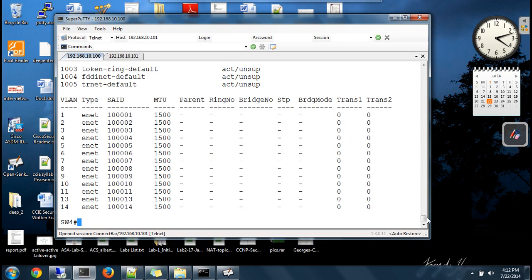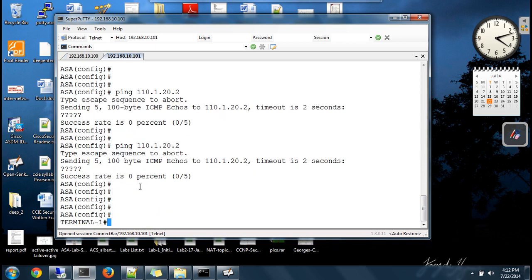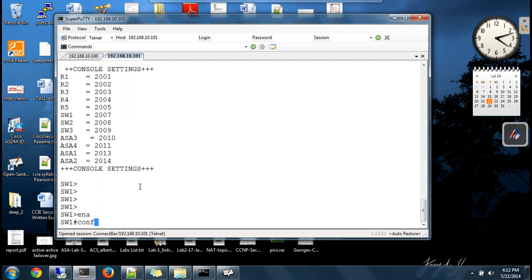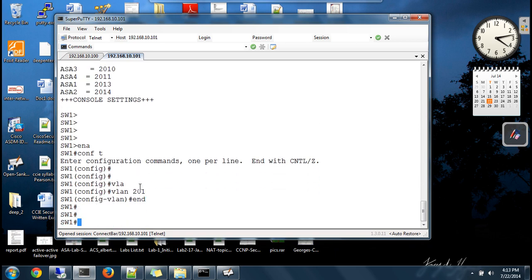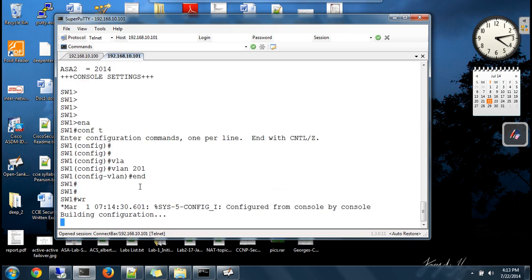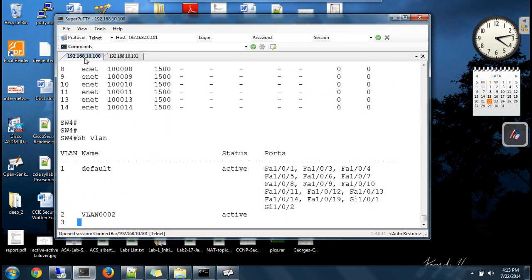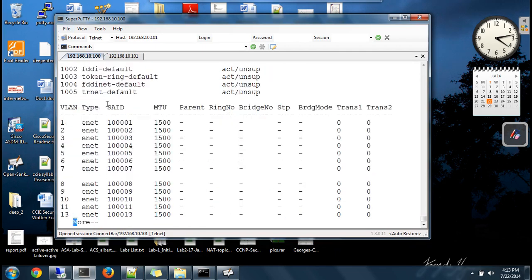Alright. The issue here is VLAN 201 does not exist. Fine, so what I need to do is go to the server switch, which is switch 1, and say enable, config t, VLAN 201. This brings up VLAN 200 on switch 4 as well, and because of this, yeah,